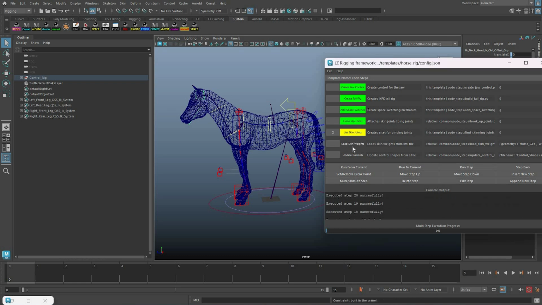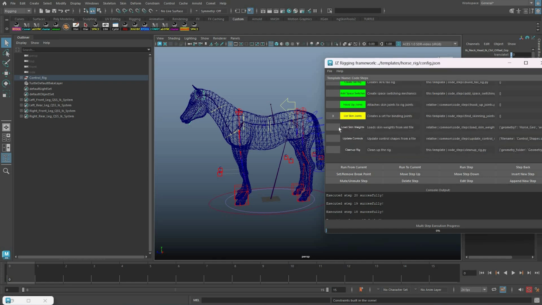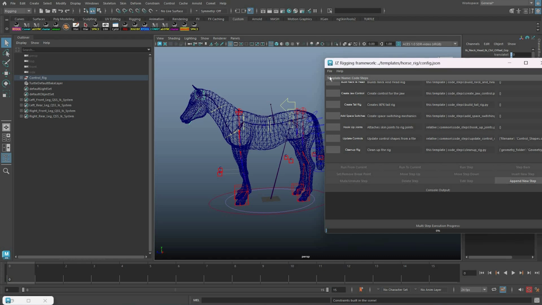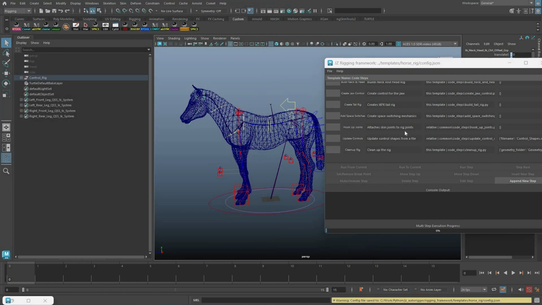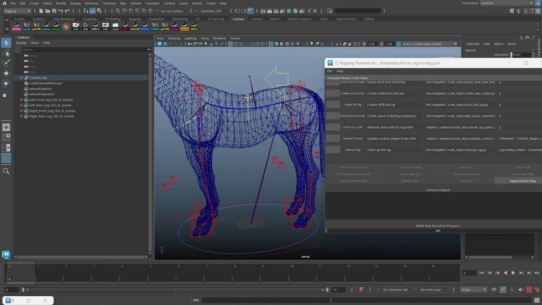Hook up joints. It will hook up joints. Now we don't need those steps. We don't need this list skin joints, and we don't need the load skin weights because this is already skinned. So why don't we just delete this? Delete step. Update controls, that's what will shape all the controls. So let's save this config as the horse rig. Perfect. Now update controls, we'll need to change that, but maybe before that I'll tweak that neck, I'll tweak that